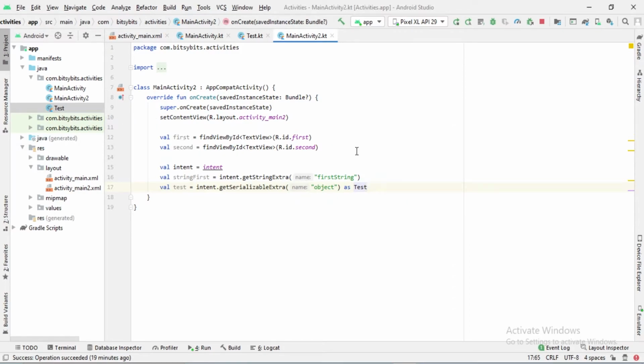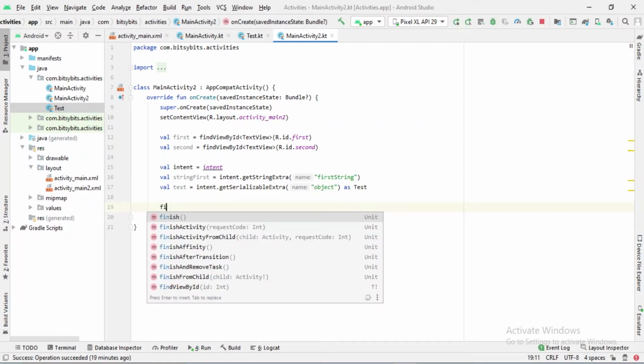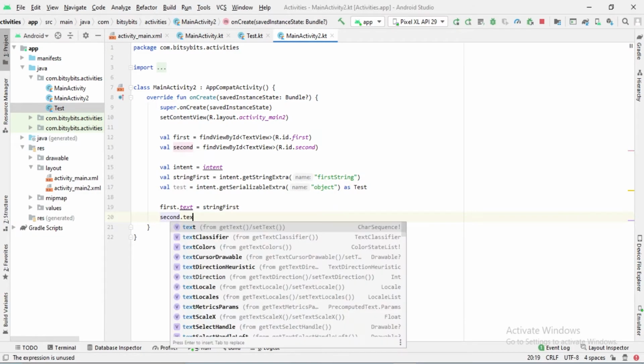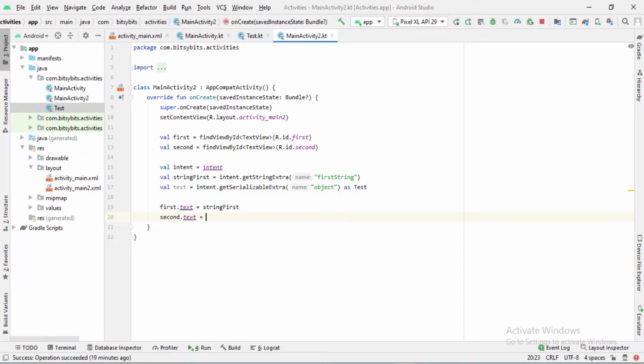So I have created these text views. Now let's assign these values to text views. So in first text I will assign first.text equals this first string, and in our second text view I will assign the strings that are contained in this object.